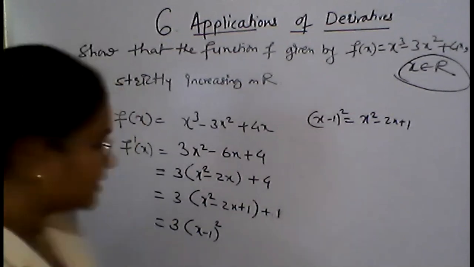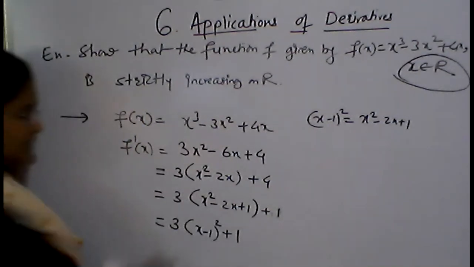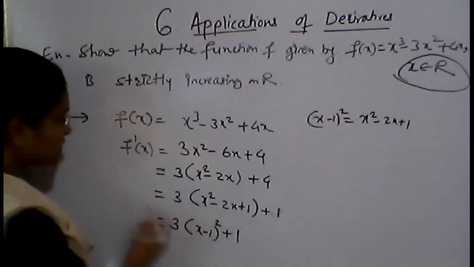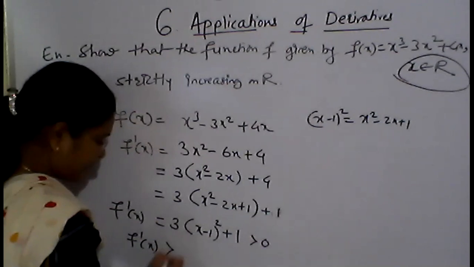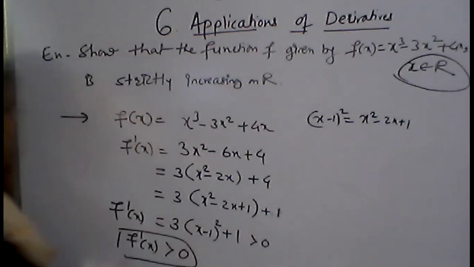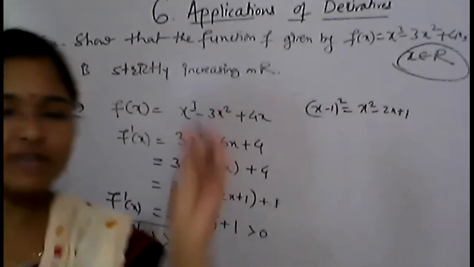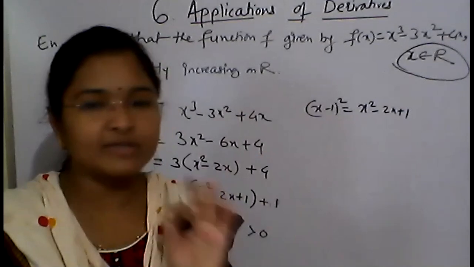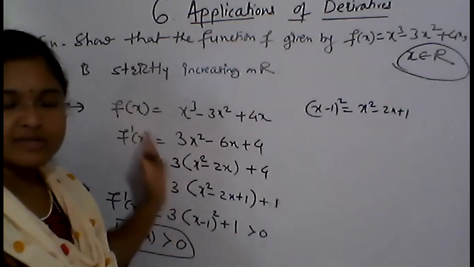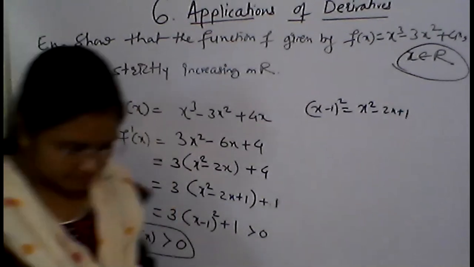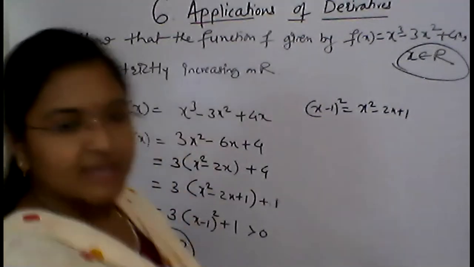Yes, ma'am. है ना? So now 3 in bracket x minus 1 whole square plus 1. Now 1 is positive, 3 is positive, this square is positive. So can we say that this is very important condition. ठीक है, आपको कल से बहुत इजी लगा होगा ये कि अगर इंक्रीजिंग फंक्शन है तो derivative greater than 0 means it will be positive. Okay, but you have to adjust all these steps. If the question will come on this topic, you have to adjust. So, therefore, f is strictly increasing.